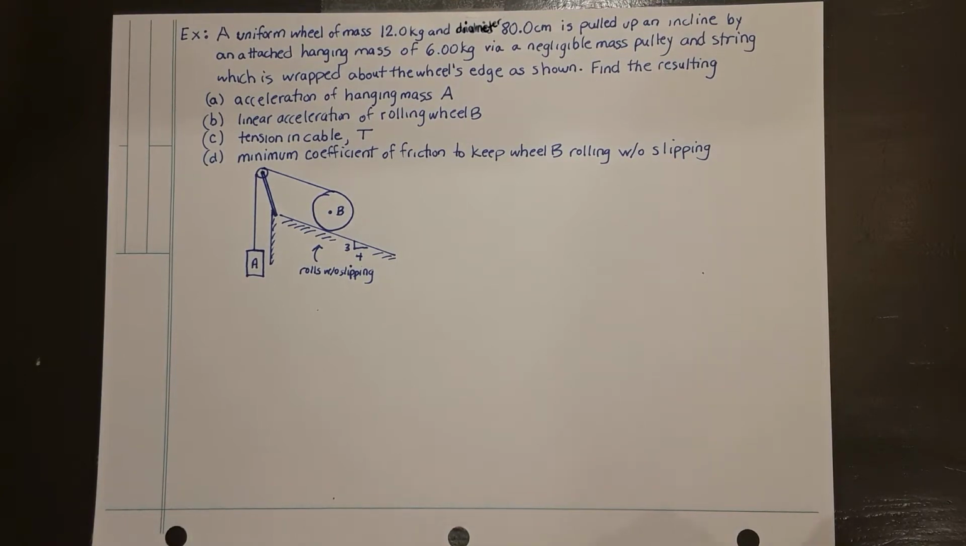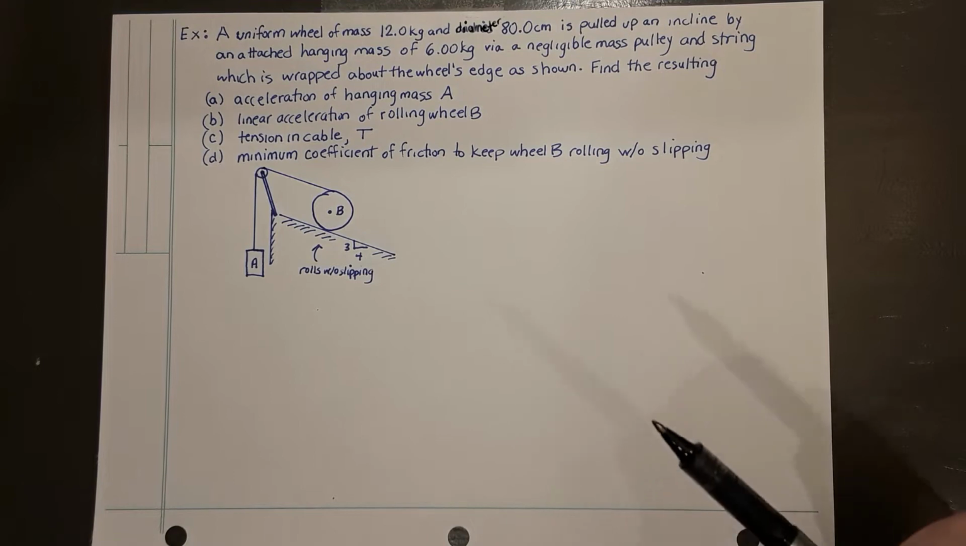This example will illustrate the methodology required to solve a mechanical problem with multiple objects connected together where one of them is exhibiting rolling motion. In this question, we have a uniform wheel of mass 12 kilograms and diameter 80 centimeters being pulled up